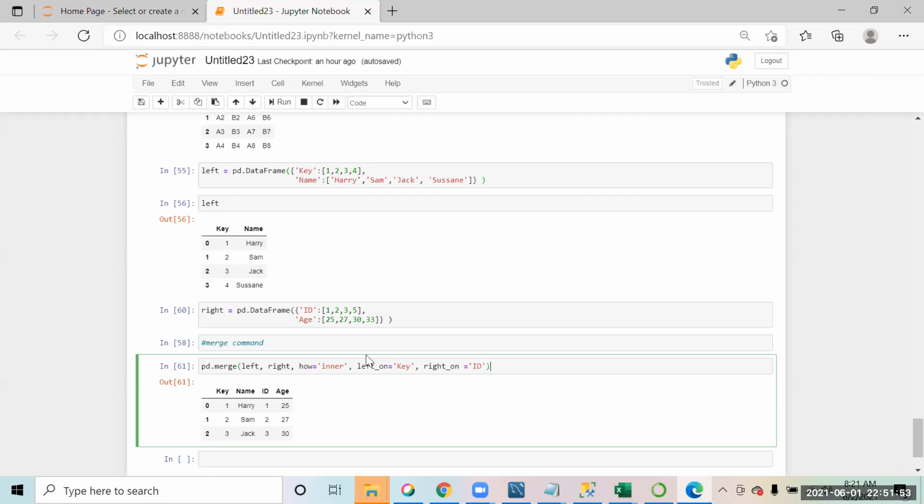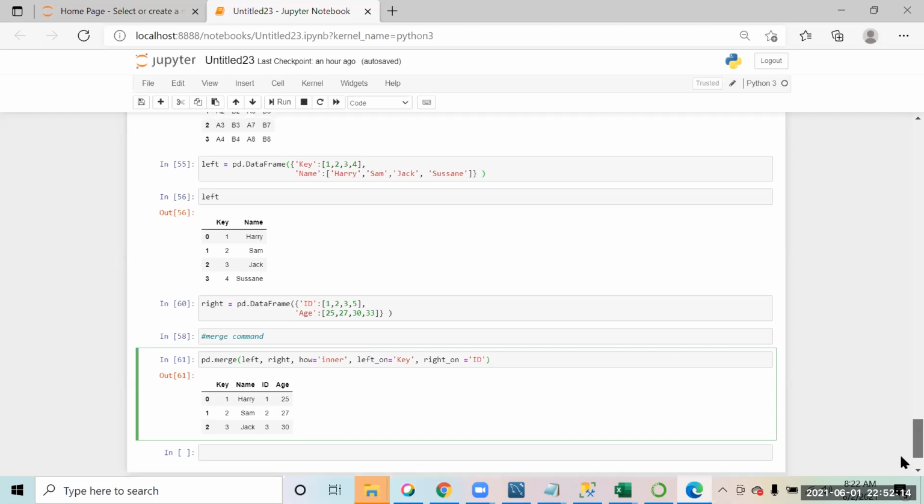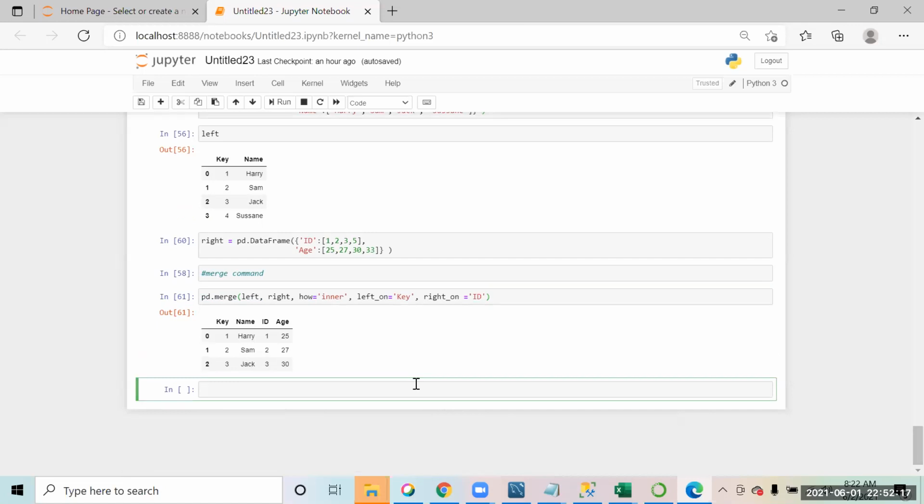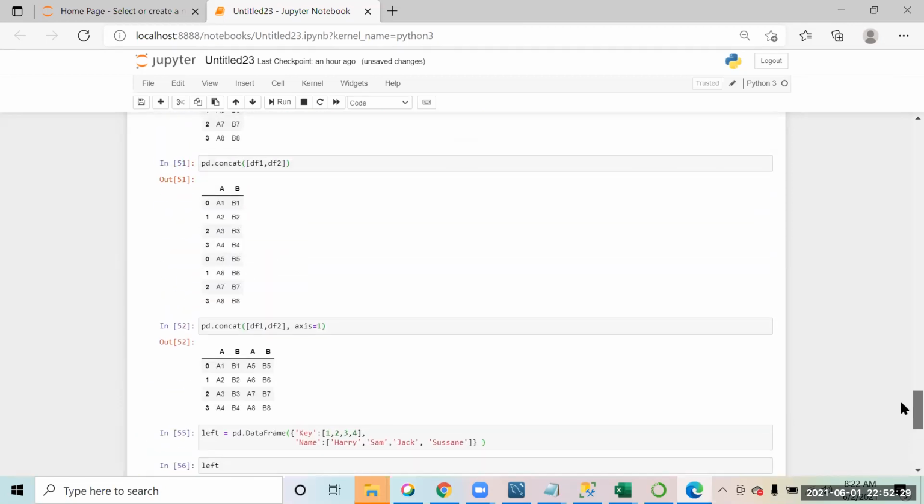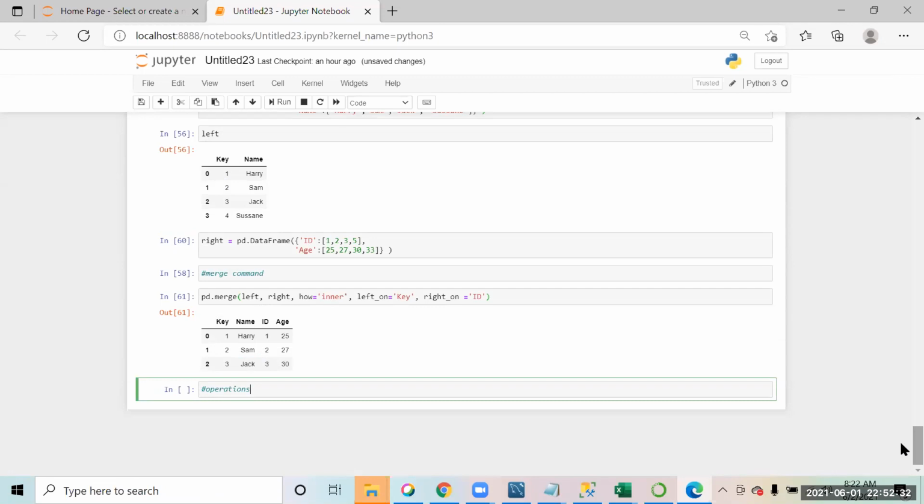Right. So this is basically how we work with the joins over here. Now what we will do is we will just talk about some operations that you can use. Although we have discussed quite a few of them, right? Like you have some data set with you, you want to find the unique data or something like that. So you have some functions that you can use right away in the pandas data frame. So some basic operations, right? Today I'm just giving you the idea on this. Tomorrow we will spend some time on all the activities to see these things, where we will use a bigger chunk of data set in order to fetch the data.